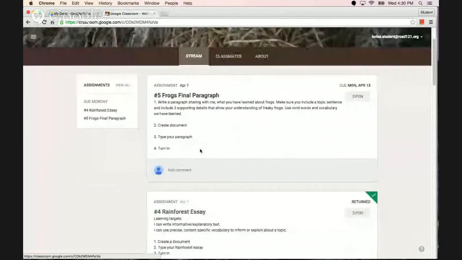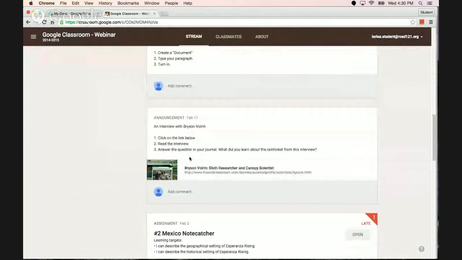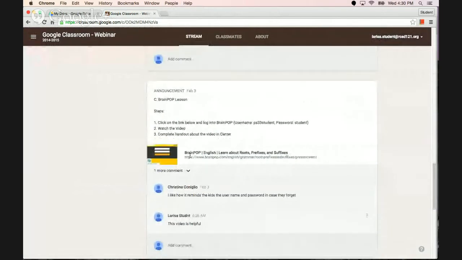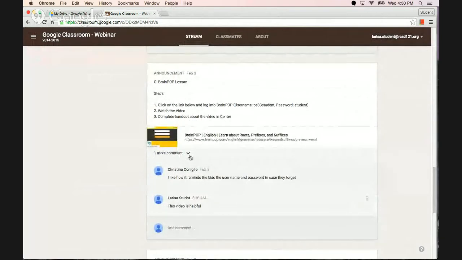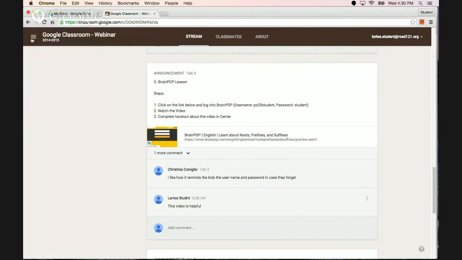Now again, I'm in the student view and I want to show two things. The first is an announcement, and I'm going to even scroll down. Oh, I see. I have a question about what the hot dogs are. Oh, you're going to love the hot dogs. Look, see the three lines up here? They're the hot dogs, or the main menu. In Google we call them hot dogs, more the settings, okay? And for the students, it's in the upper left.